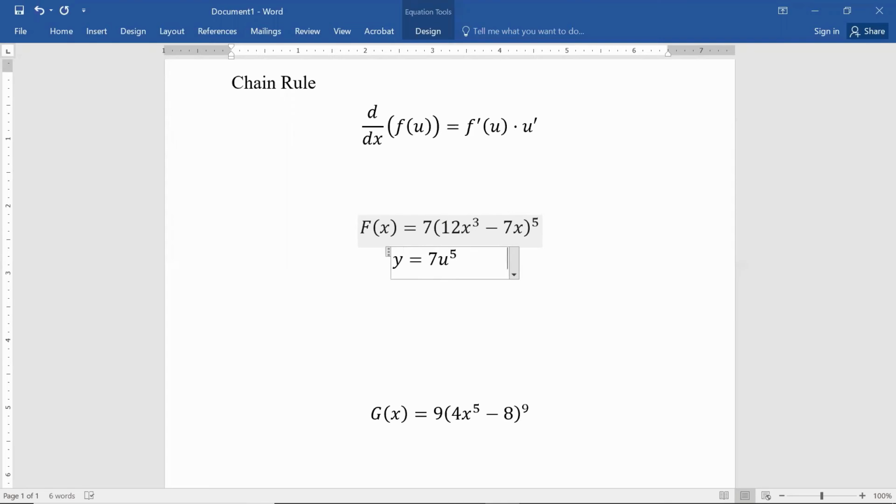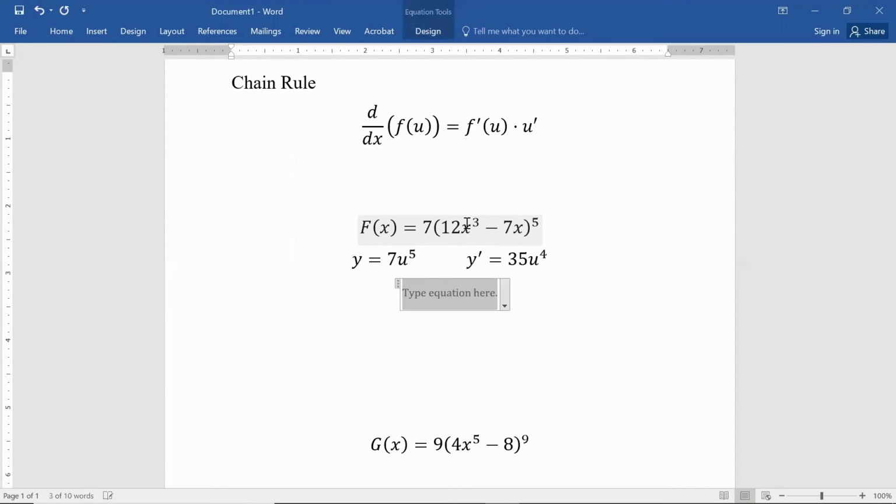So if I take a derivative of y, I'm going to end up with 35u to the 4th. And in my case, my u happens to be 12x to the 3rd minus 7x. And therefore, my u prime